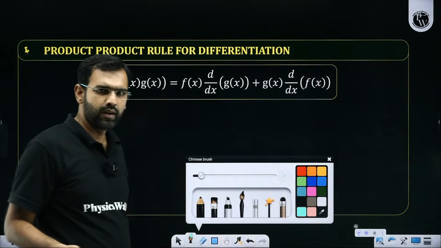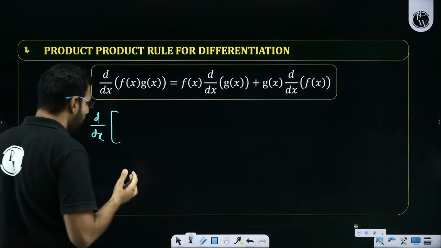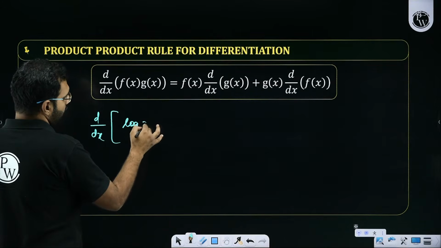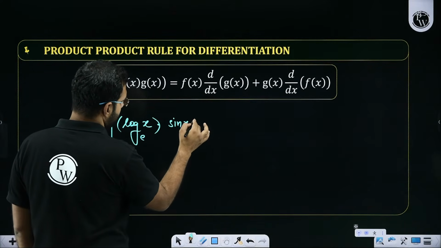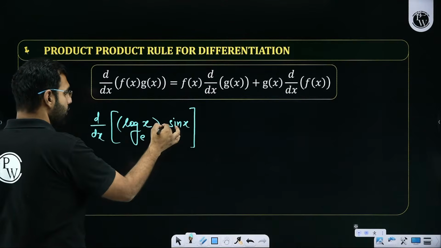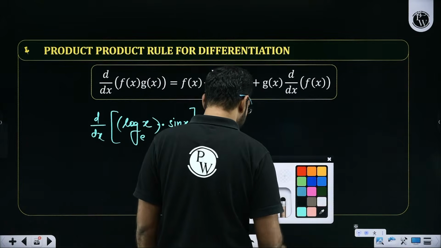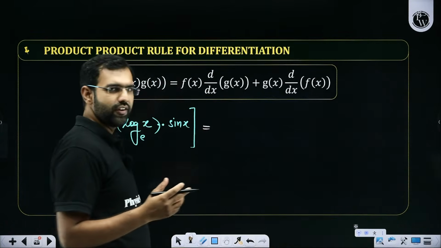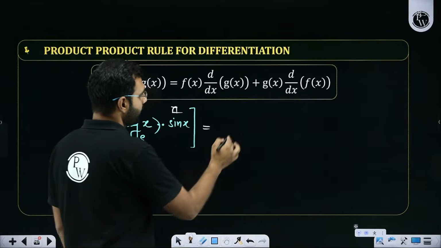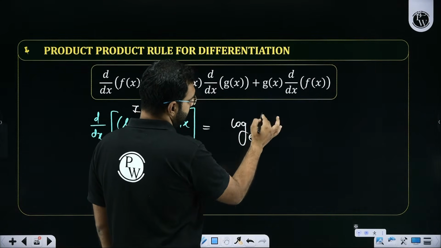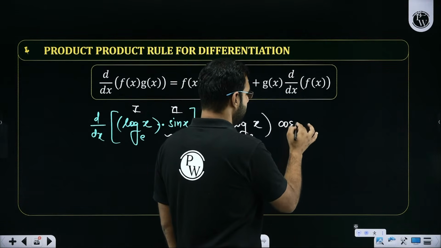I repeat, with an example. Let's say if I wish to figure out d/dx of ln of x, whole times, let's say, sine of x. This is a function. So of course, it is a product of two functions where one is ln x, second is sine x. So sir, how do we differentiate it? You keep any function as first, any function as second. As far as it is product, it doesn't matter. So keep first function as it is. So ln x stays like that times derivative of sine x. What will be the derivative of sine x? Sir, we now know derivative of sine x is cos x